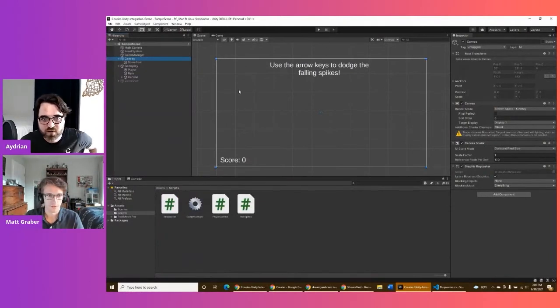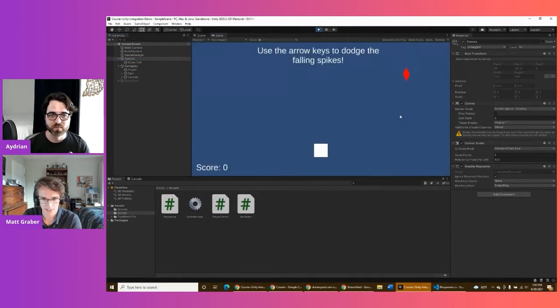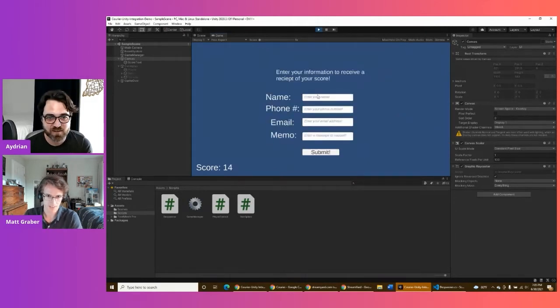All right. Yeah. So this is the very, very basic game that I threw together for this. I guess I'll start by just running it to show what we got. It's extremely simple. But basically, as the text says, you use the arrow keys to move the square and dodge the falling spikes. It's not difficult at all, but it'll give you a point every time you dodge one successfully. And then at the end, it says, enter your information to receive a receipt of your score. So you can do that, and